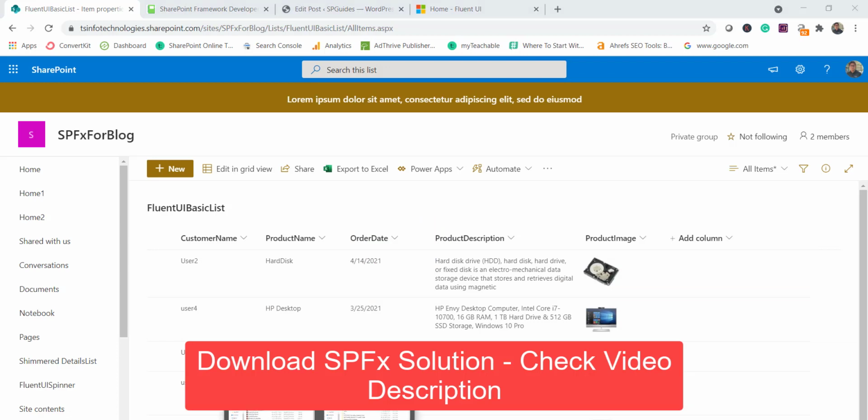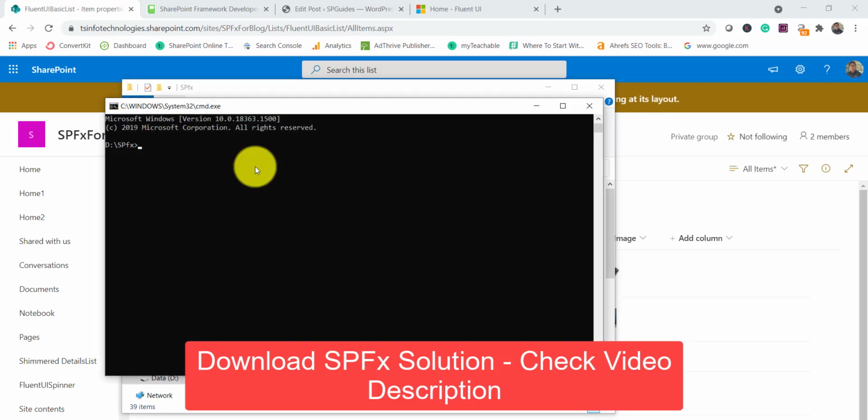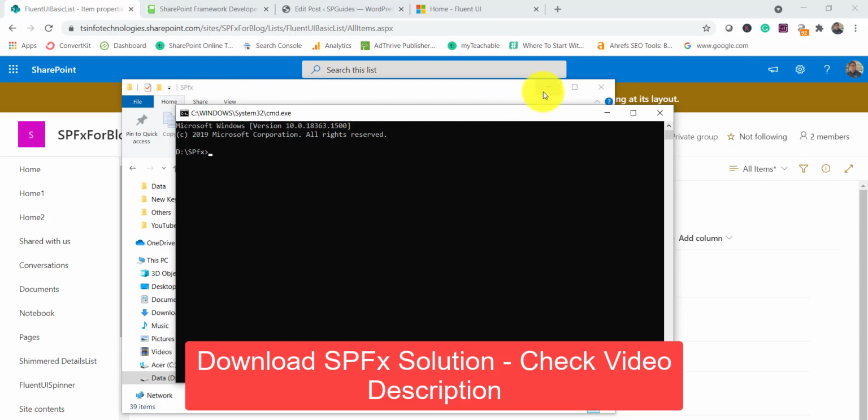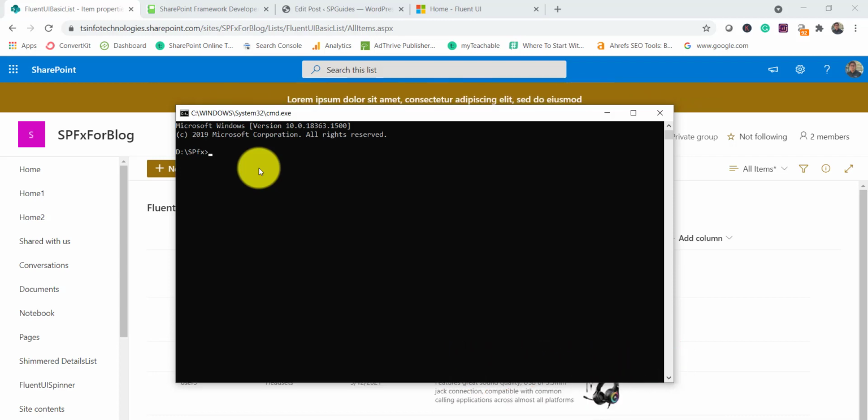So what I'll do is, you can see here I have a folder. Within that I usually keep everything. So I will just open the command prompt here. You can see here on this you can use Node.js command prompt, everything. If you are coming for the first time and you are new to SPFx, then I have a lot of videos on that, how you can set up, how you can create different SPFx client-side web parts, React, no JavaScript framework. I'll put a few links in the video description, you can have a look at that as well.